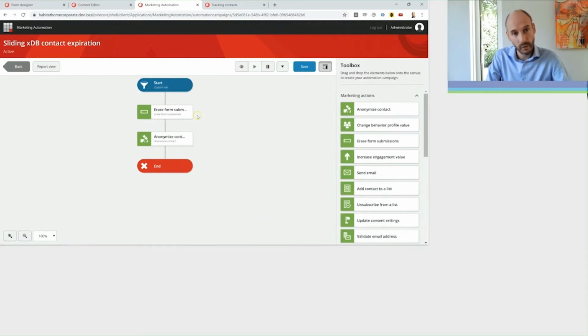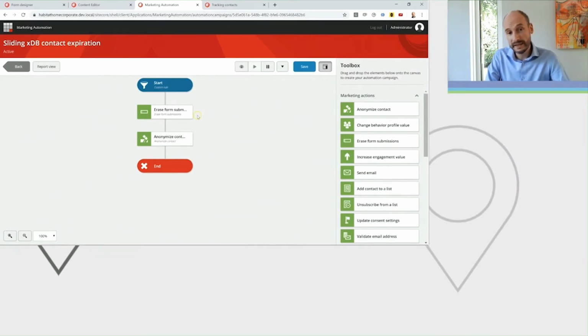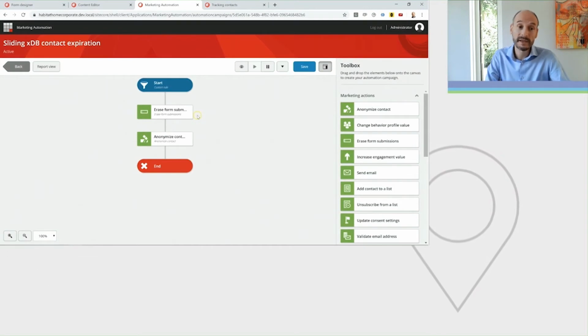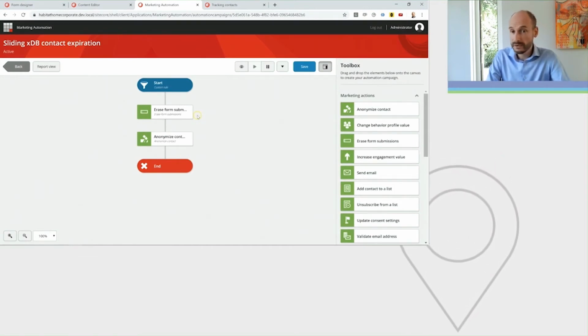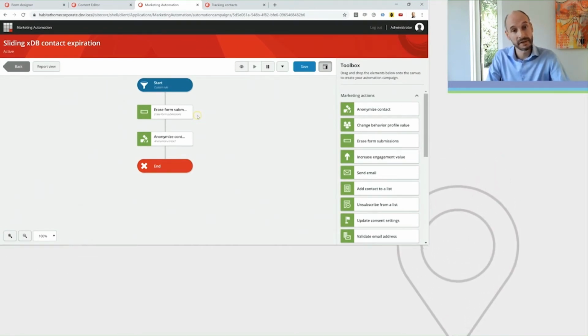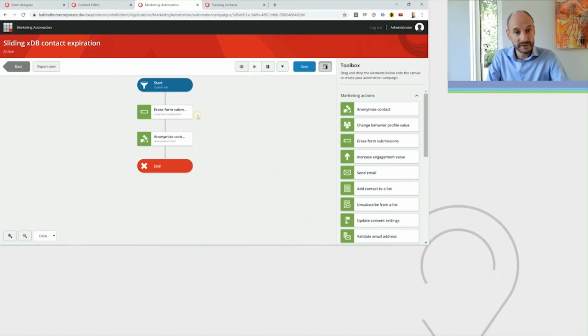As you can see here, it's called Erase Form Submissions. And I used that to actually do the same thing as I did with the anonymized contact, but then for the forms, and I included it in the same marketing automation plan. So now you can use this step together with anonymizing the contact, but you can also use it separately because,